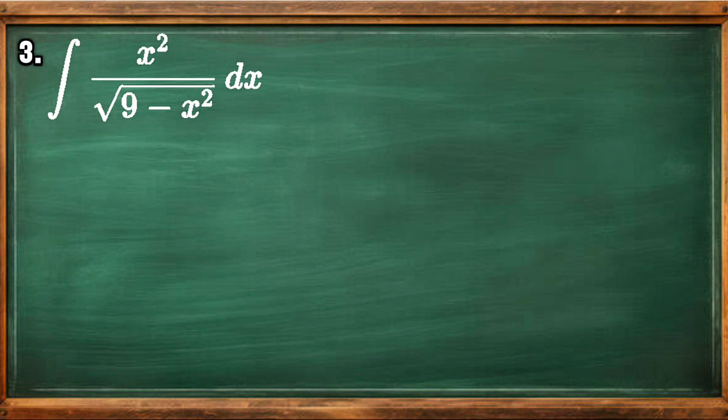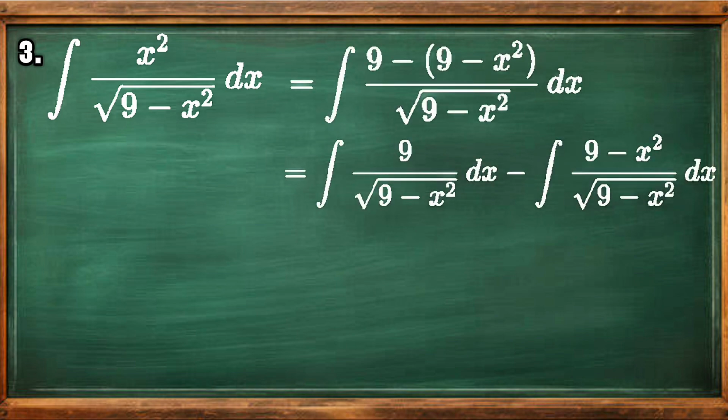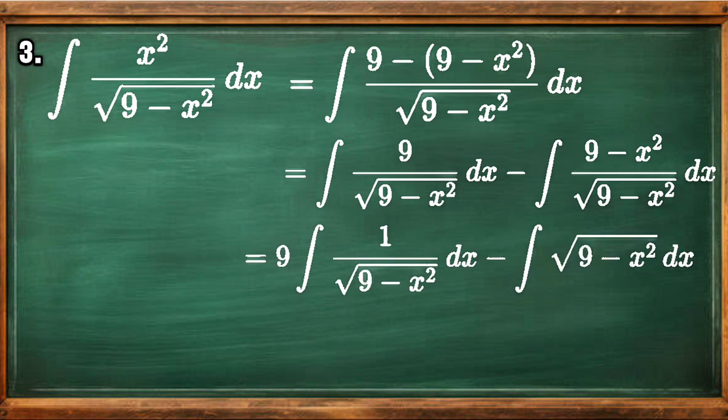This gives us two parts, the integral of 9 over the square root of 9 minus x squared and the integral of 9 minus x squared over the square root of 9 minus x squared. The first integral fits the standard inverse sine form and it evaluates to 9 times the arc sine of x over 3, while the second integral simplifies to the integral of the square root of 9 minus x squared, which